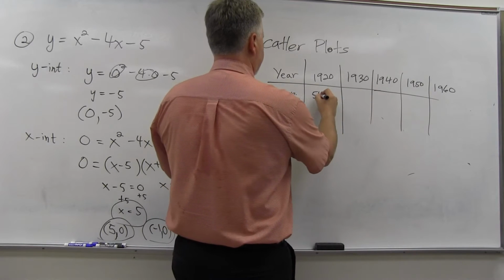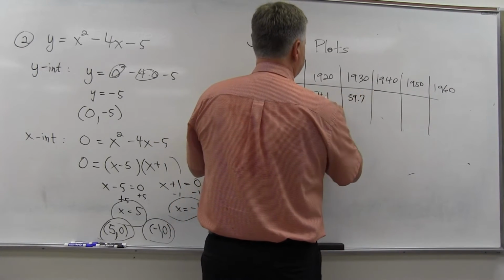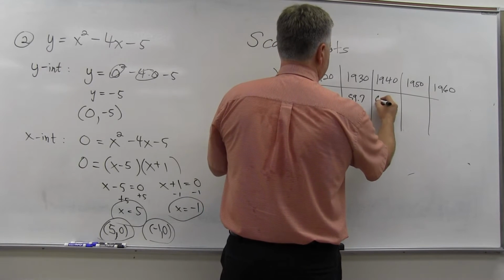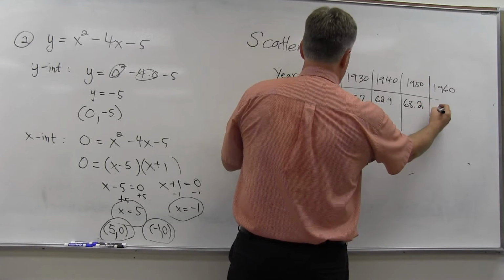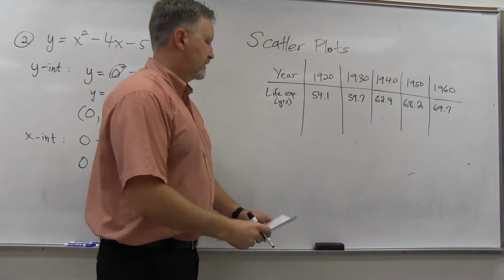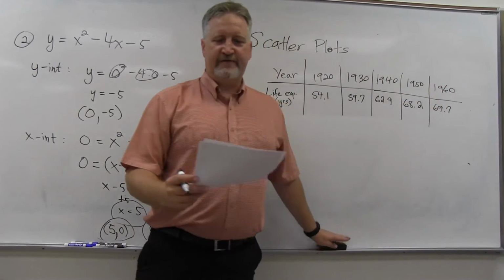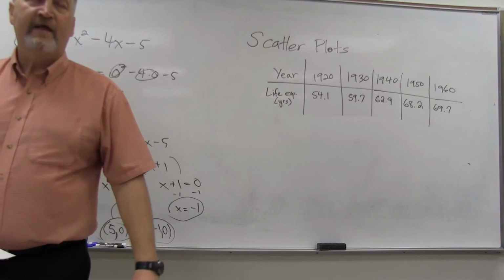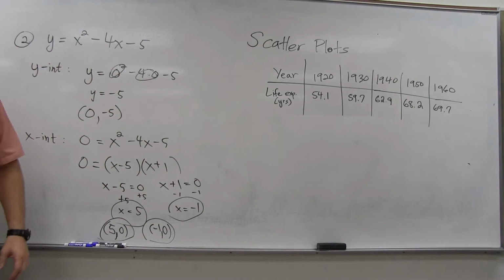And then the life expectancy: 54.1, 59.7, 62.9, 68.2, and then 69.7. Okay, so that's what you've got there. We'll do some more with this sort of thing later, but for right now, we're just talking